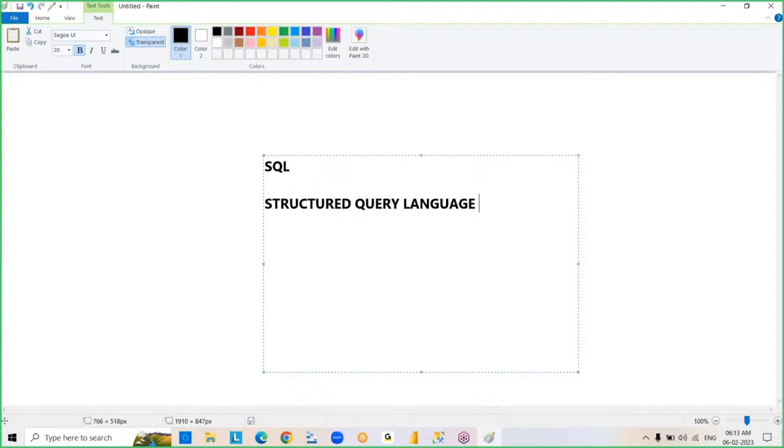In SQL, we have sublanguages like DDL, data definition language, DML, data manipulation language, DRL, data retrieval language, TCL, transaction